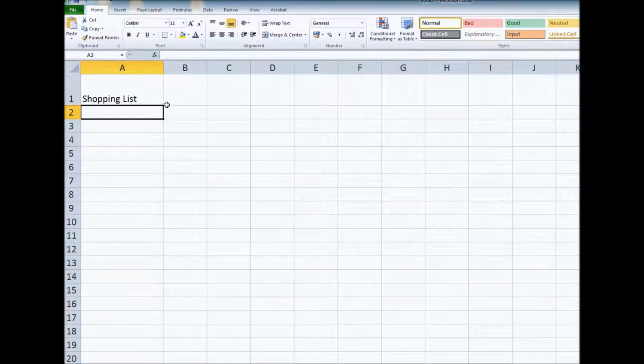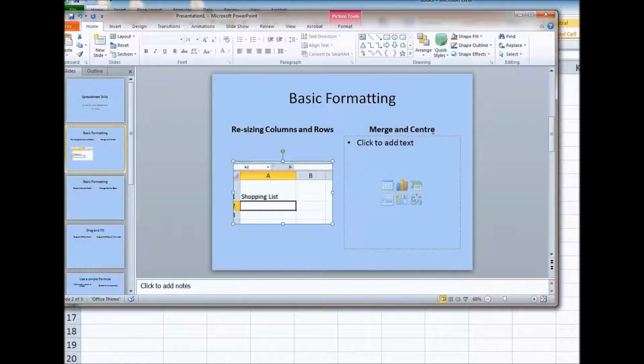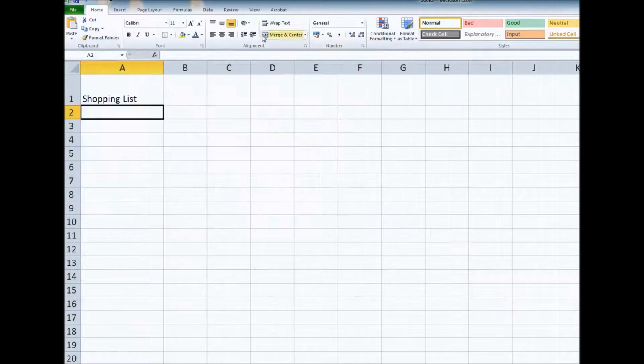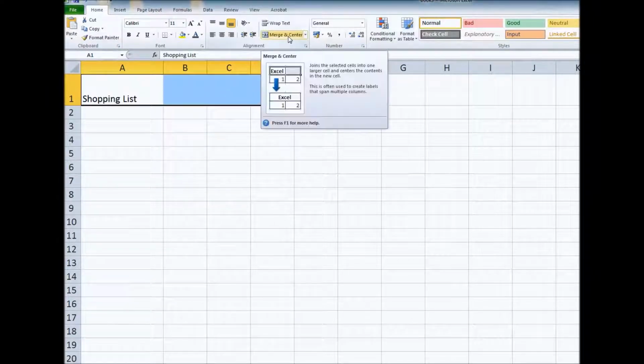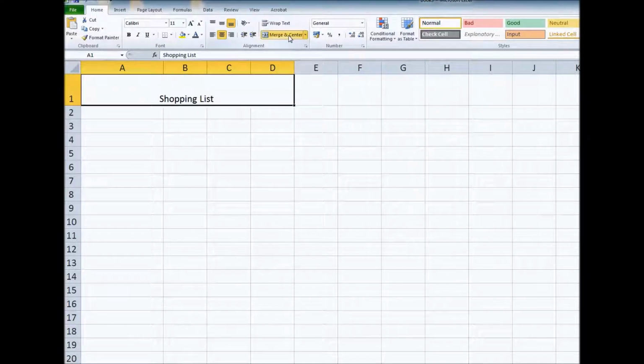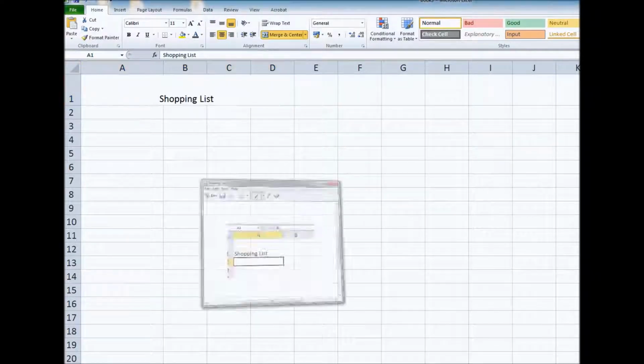We'll minimize that. The next skill we're going to have to get some evidence of is, as it says there, merge and center. Okay, so I'm going to highlight cell A1, drag across B, C, and D, and then I'm going to hit merge and center, and it's joined those 4 cells up so that I've got one big cell, and it's put the writing automatically in the middle for me. I could move it around, but on this occasion I do want it in the middle, so that's where I'm going to leave it. And then I'm going to take a snip,